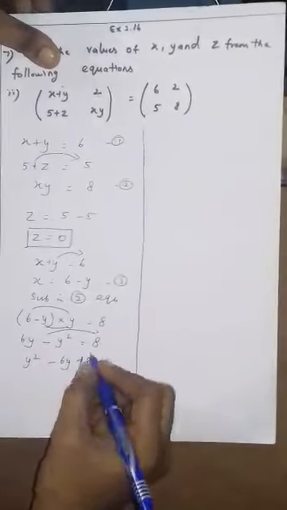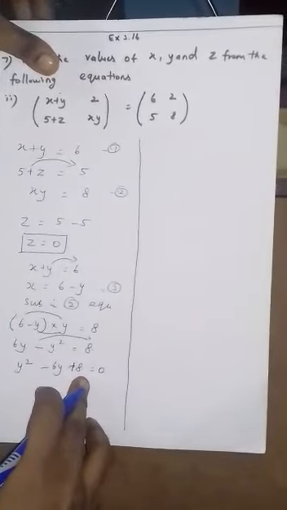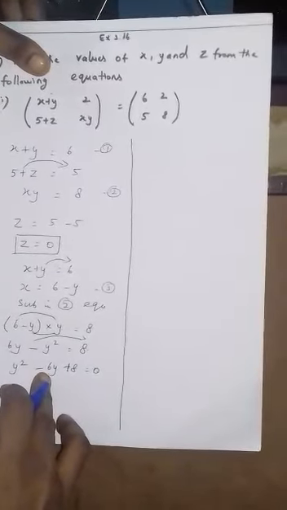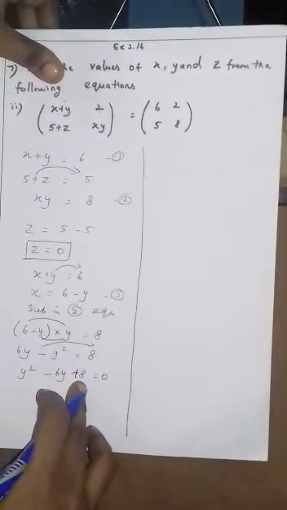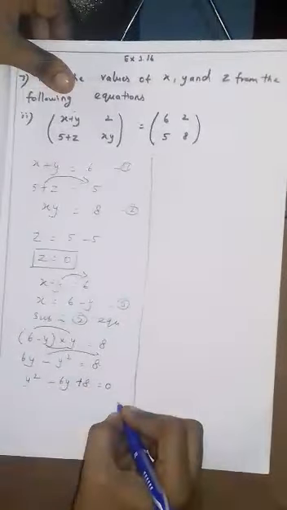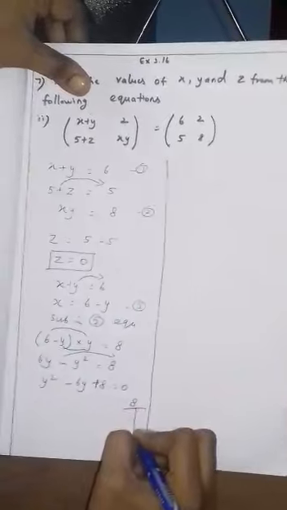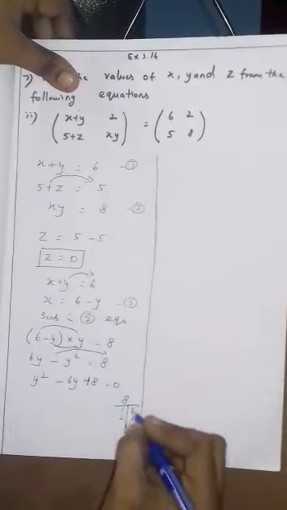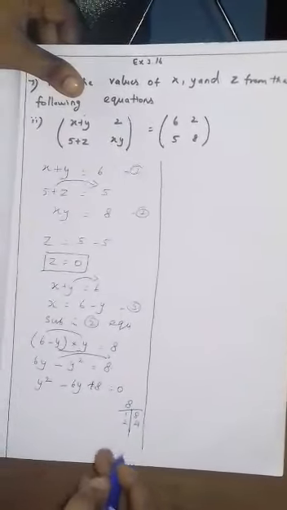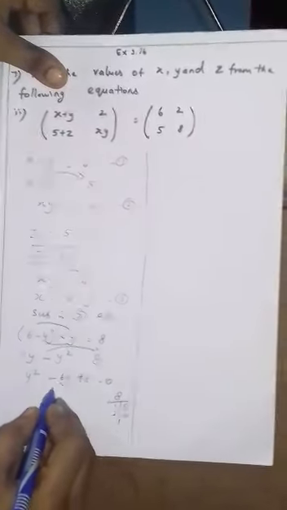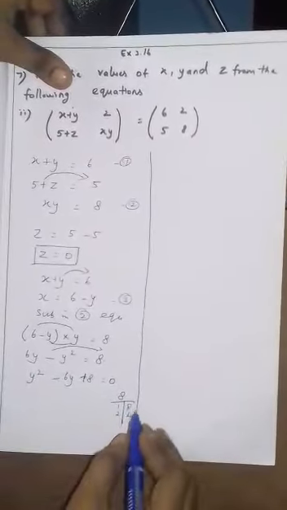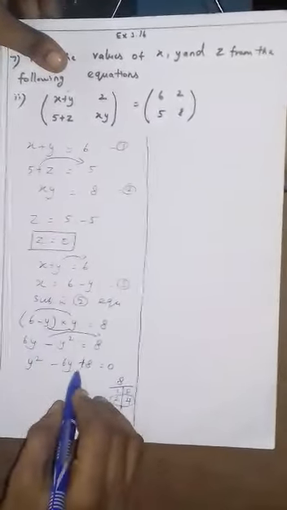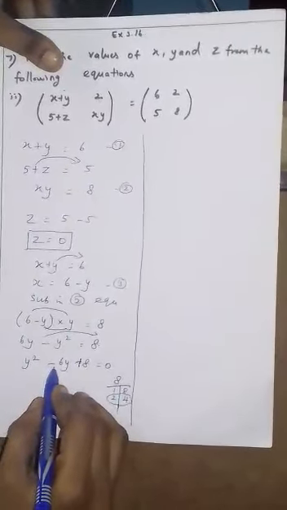So that is a quadratic equation. You find the value of y. If we use the factorization method, the product value is 8 and the middle value is minus 6. Which multiplication table gives 8? 1 8s are 8, 2 4s are 8, and then 4 2s are 8, which is a repeated term. Then the sum of the terms should be minus 6. So 2 and 4 are the numbers. The product is plus and the middle term is minus.